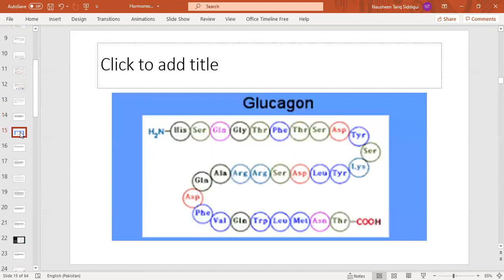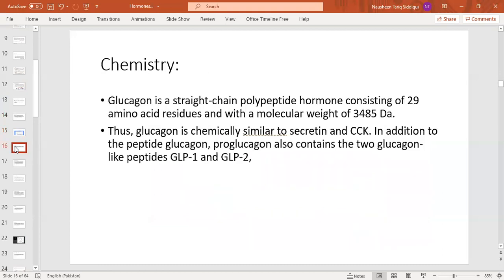This is the structure of glucagon, in which you can see there is a series of amino acids, but it has two ends, in which there is a carboxylic group at one end and an amino group at the other. So in chemistry, glucagon is a straight chain polypeptide hormone consisting of 29 amino acid residues with a molar weight of 3,485 daltons. Thus, glucagon is chemically similar to secretin